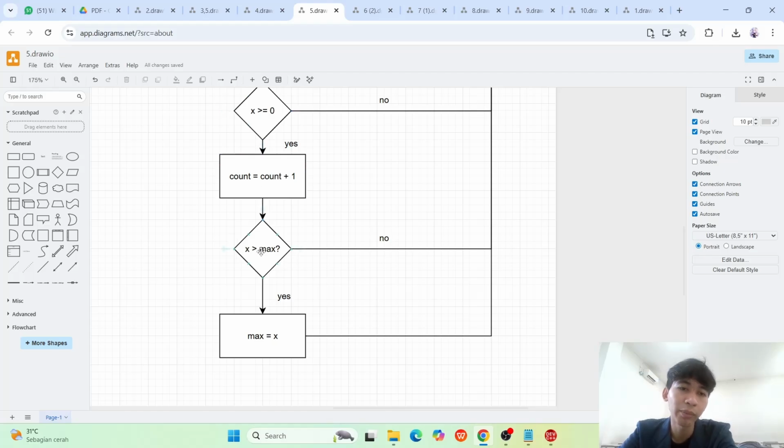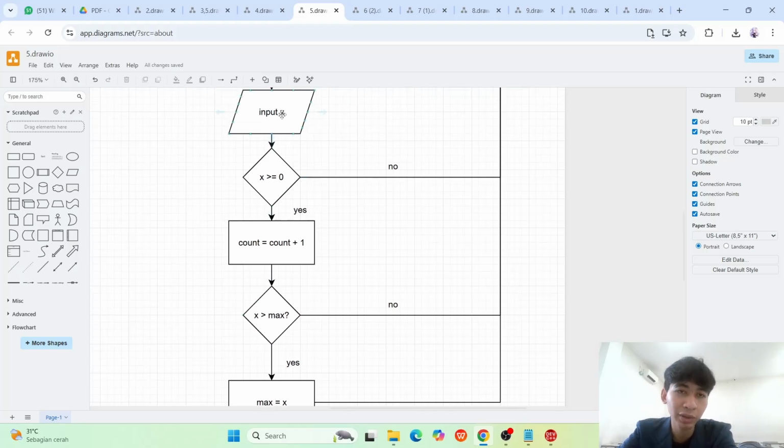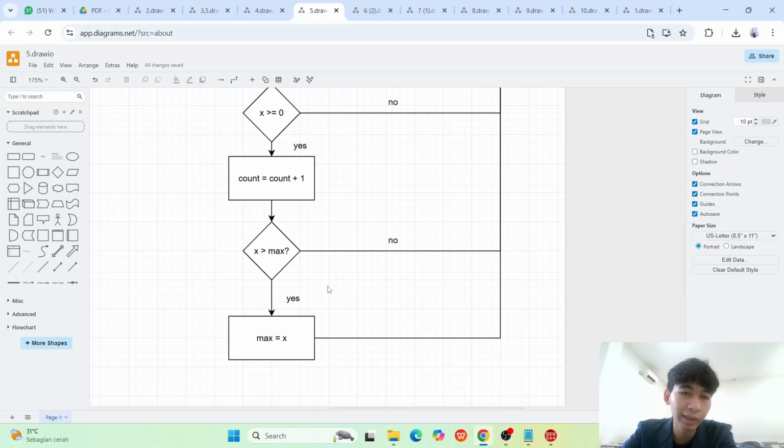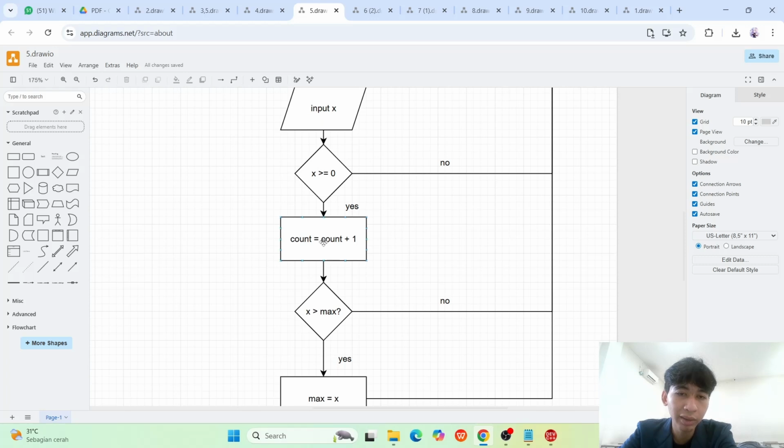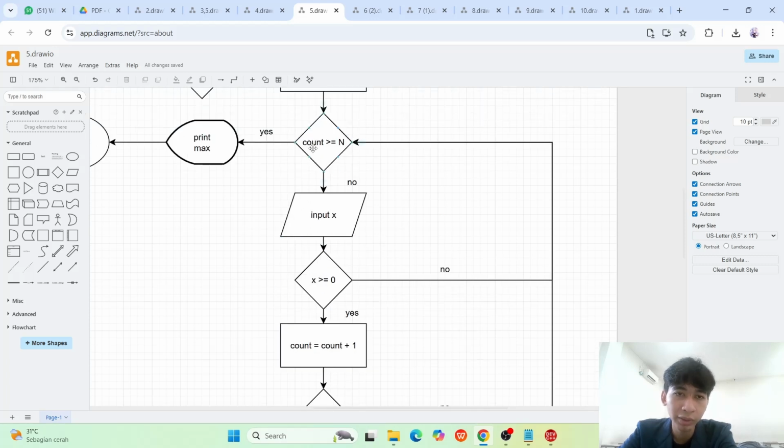If x is bigger than max, say the first input x was 10, then when the second input x is smaller than 10, the max is not set by the new x value, it's still 10. Then the counter counts up to 2. Is the counter with value 2 bigger than n, which is 5?